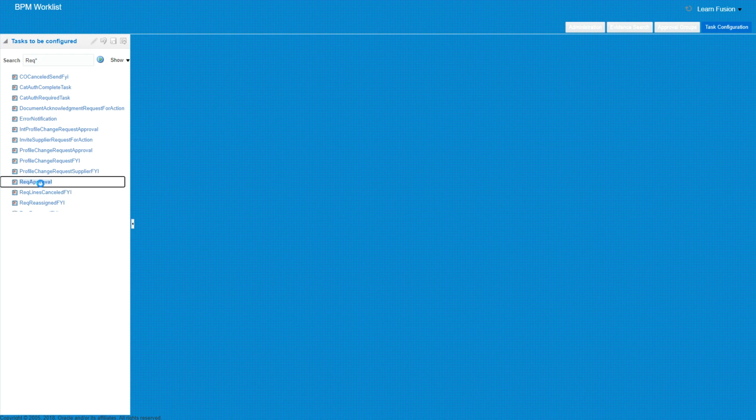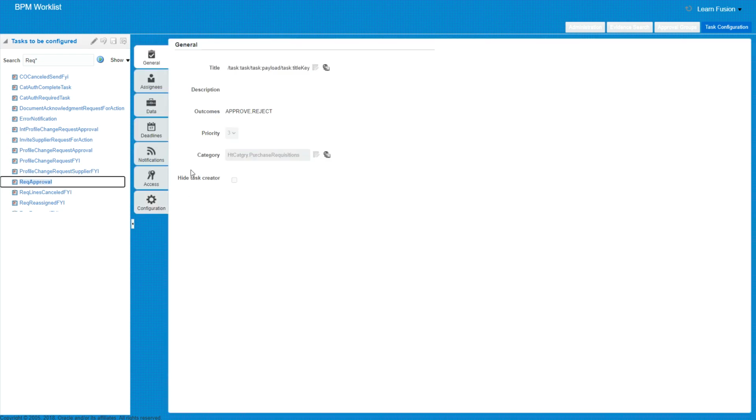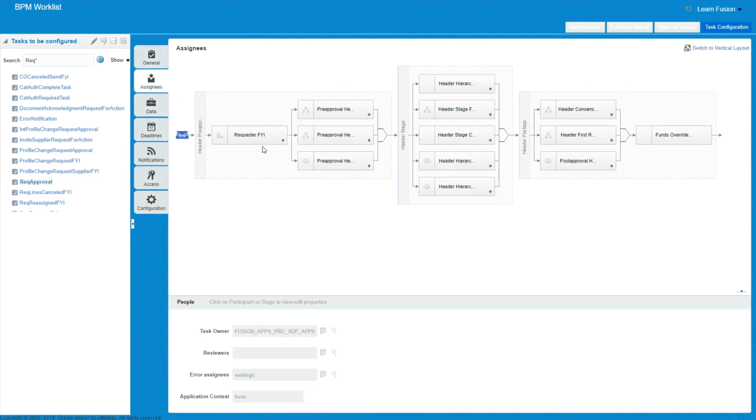This will open a window where we can see what the approval looks like. There are different tabs: general, assignees, data, deadlines, notification, access configuration. Basically we are going to look at the task called assignees. So this is how the flow looks.